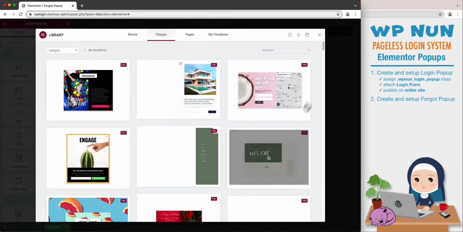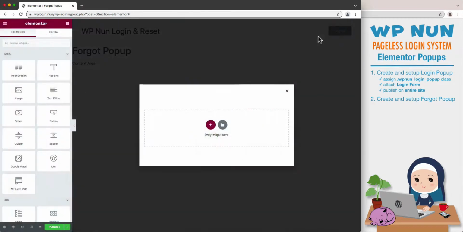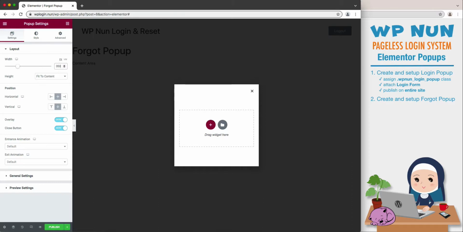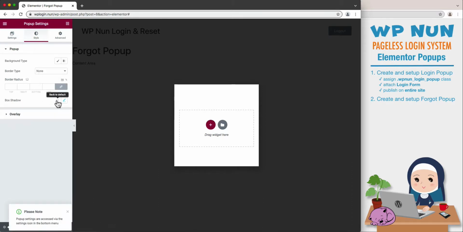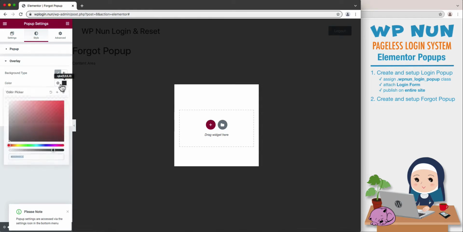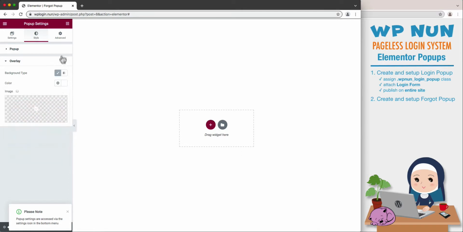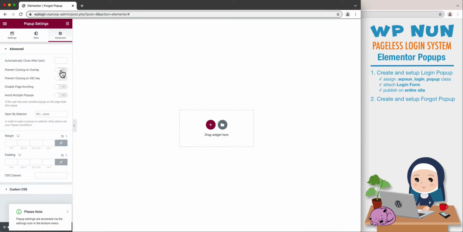Bypassing Elementor's library, and clicking on the Settings gear icon, most of the Forgot Pop-up settings are the same as the Login Pop-up. In the Settings tab, set 350 pixels width, and disable the Close button. In the Style tab, set No Shadow Box, with entirely white, no transparency overlay. In the Advanced tab, enable the first three options. The only change is that we will use a different CSS class in the Open by Selector field for triggering